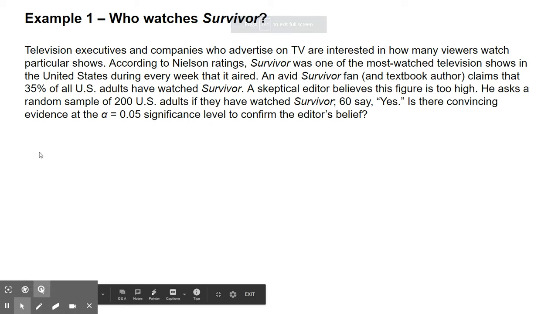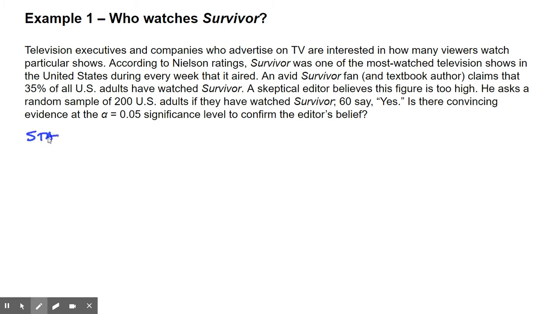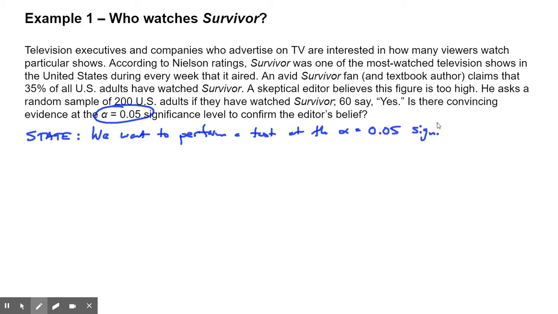Okay, so the first thing we're going to do here is we're going to state what we're trying to do here. So state. So we're going to say we want to perform a test. Now we state our significance level at the alpha equals, and it was 0.05. If they don't give you one, you assume it's 0.05, but it's right here. At the alpha equals 0.05 significance level